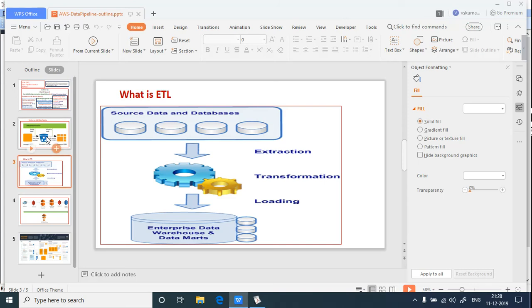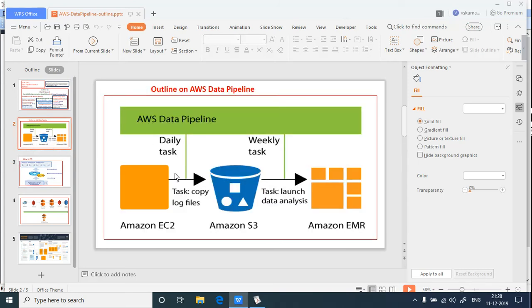Now let us come back to this. If you see here, these particular tasks are scheduled through the ETL process. Then once the output files are ready, they can be pushed into S3. From S3, either it can be taken through EMR, Elastic MapReduce, for big data analysis purposes, or it can go to Redshift later on also. That kind of thing is organized.